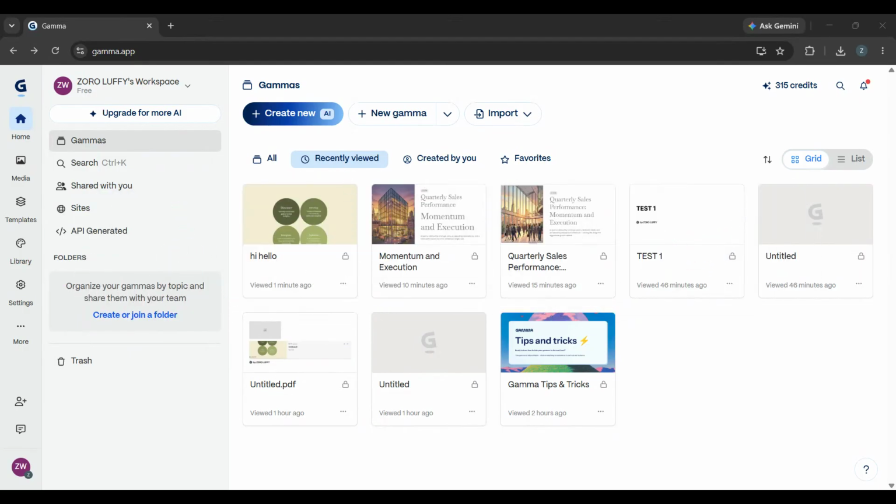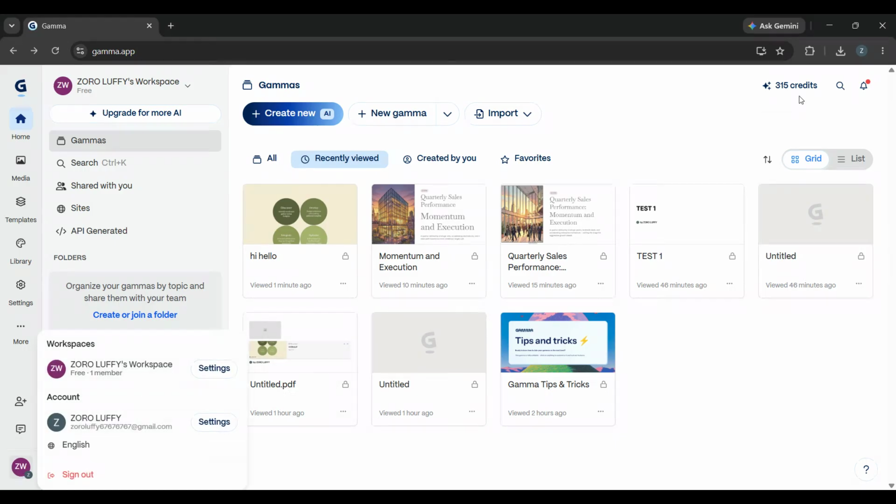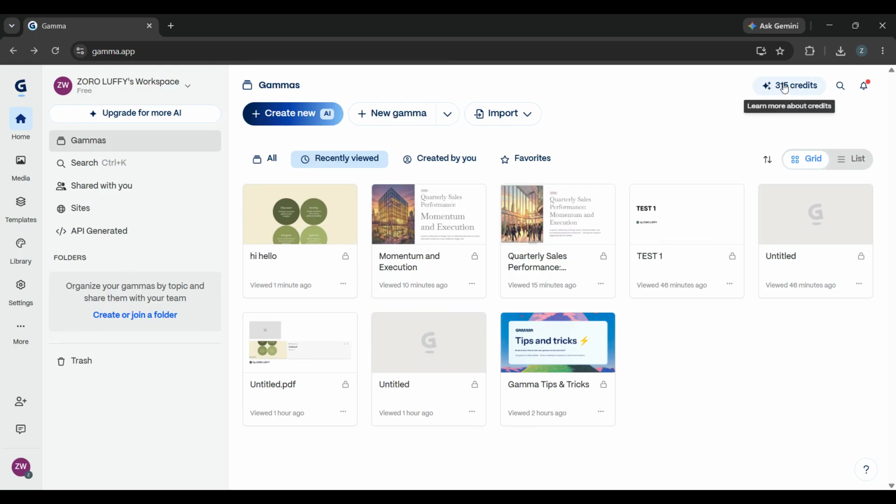Alright, let's jump in. The first way to get Gamma app credits is by signing up as a new user. When you first create your account, Gamma usually gives free users an initial allotment of credits. In many cases, this is around 400 credits, though the exact amount can depend on the current offer or account setup. So if you're brand new to Gamma, the moment you finish creating your account, you may already have credits